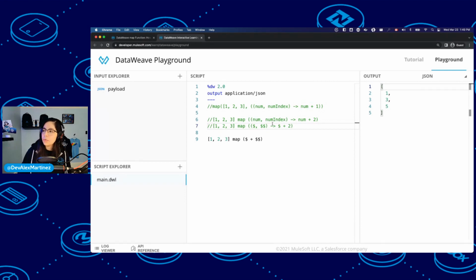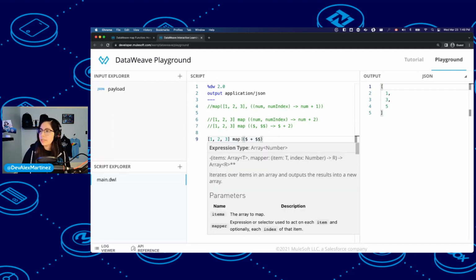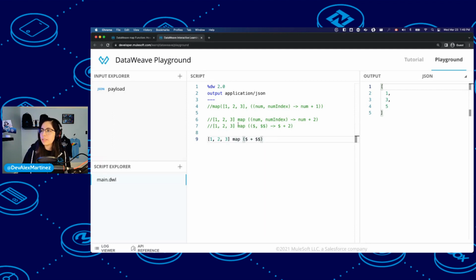And if you wanted to do this, with the $ syntax, you don't need to specify this part, which is the input parameters. You just have to specify this second part because DataWeave automatically knows that you're referring to the parameters from the input.